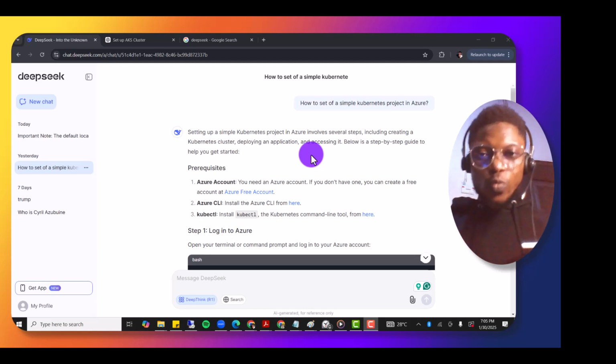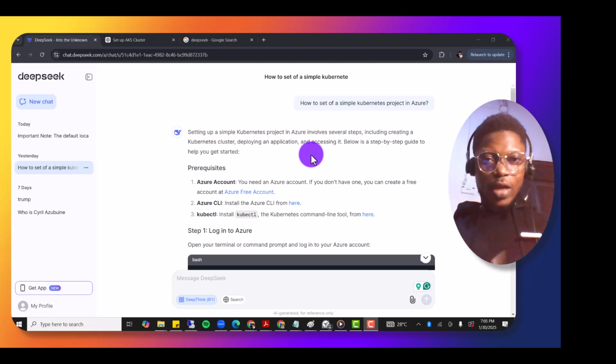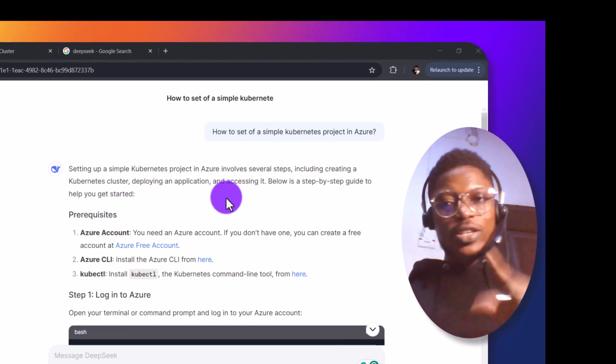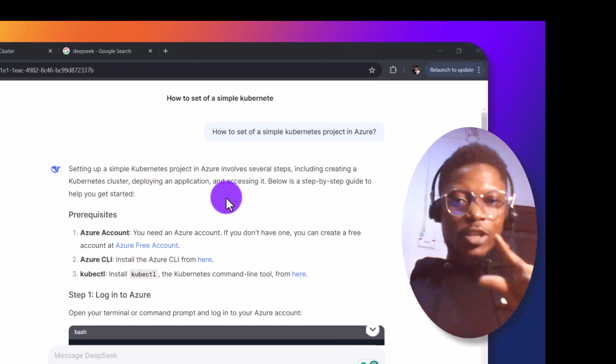I asked, how to set up a simple Kubernetes project in Azure. From the answer DeepSeek gave me, it said that setting up a simple Kubernetes project in Azure involves several steps, including creating a Kubernetes cluster, deploying an application, and accessing it. Below is a step-by-step guide to help you get started.